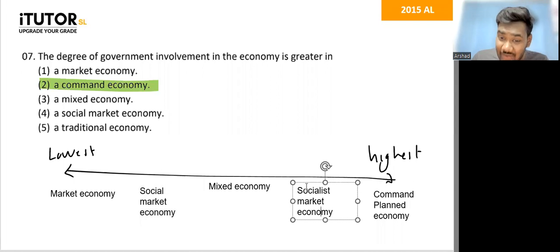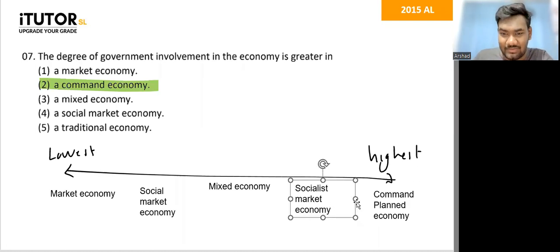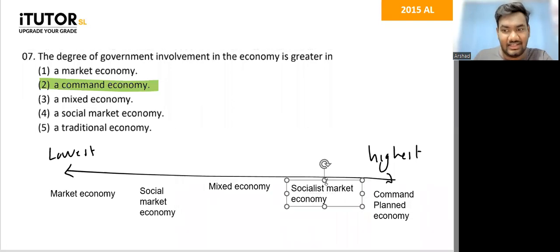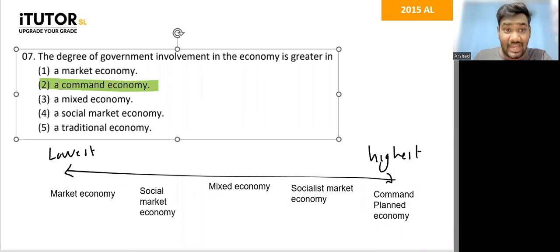Then a socialist market economy is very similar to a command economy, where they use centralized planning, but price mechanism, no. In a socialist economy the government will own the resources, but they will use the price mechanism to allocate them. So these parts go into your theory. My theory people, stay there in your notes. You can't remember what's in your recording, right? It's there. We call Sri Lanka the Socialist Republic of Sri Lanka, but that doesn't mean Sri Lanka is a socialist market.